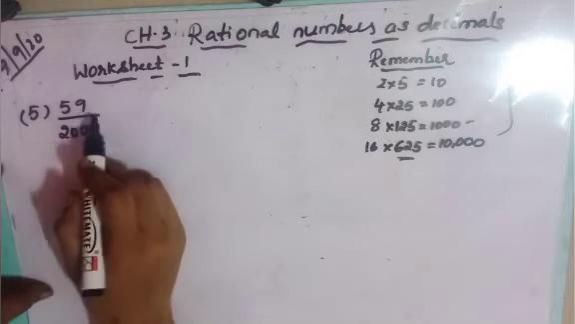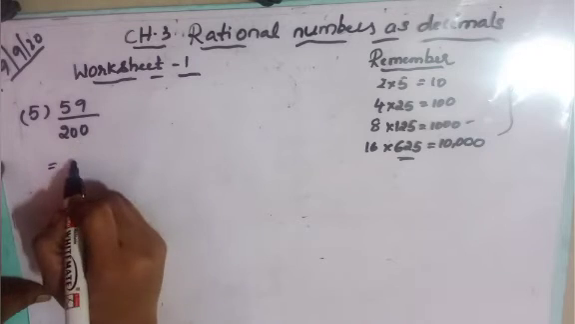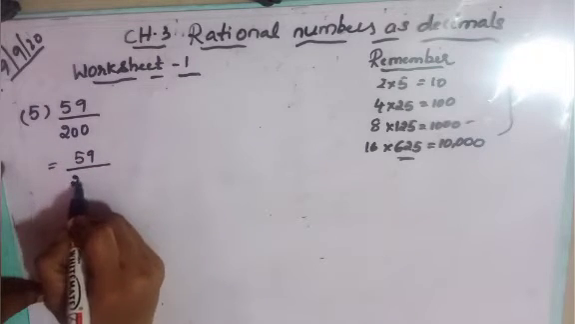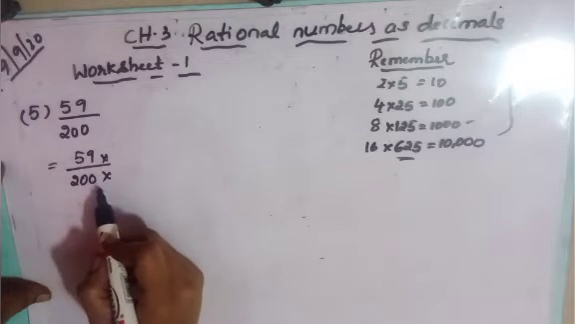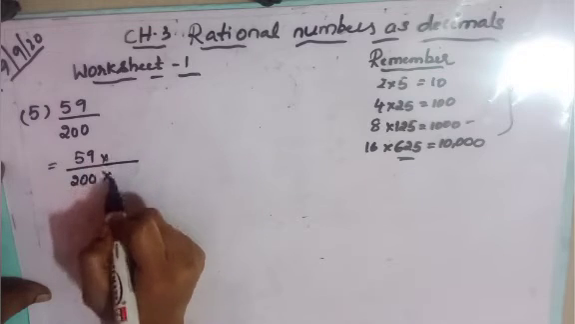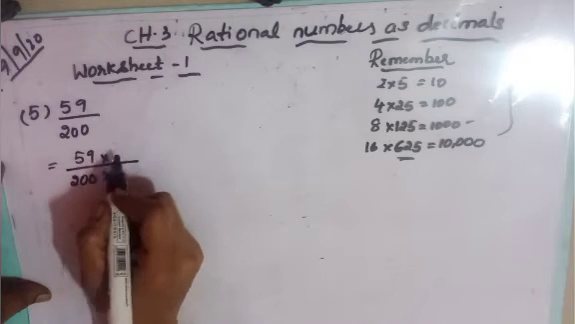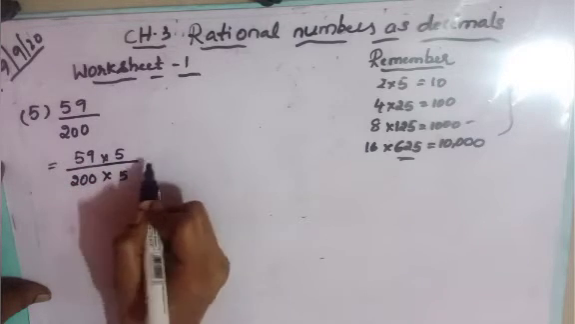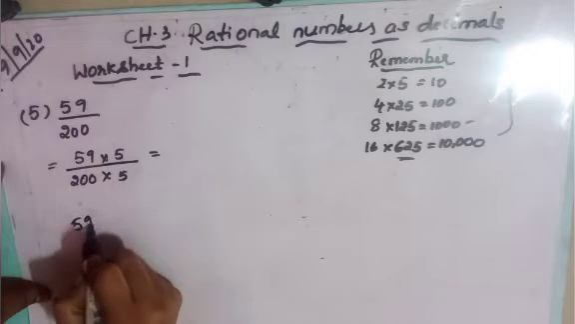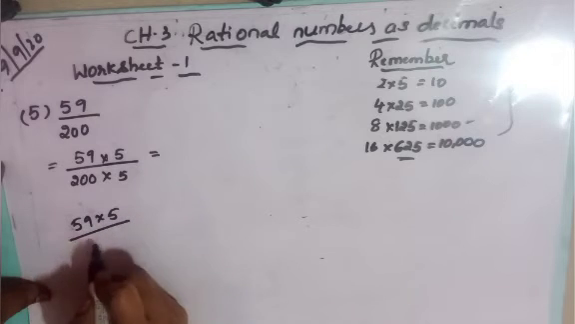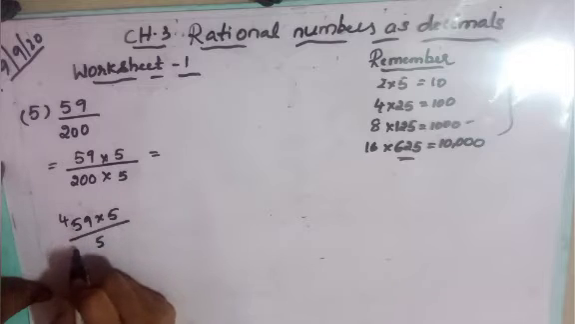Next, the fifth one is 59 by 200. Let us convert this rational number into the decimal form, that is 59 by 200. We have to convert the denominator into a power of 10, so multiply numerator and denominator by 5. We'll get 59 times 5. So 59 times 5, how much? Let us multiply here. 5 9s are 45, 5 5s are 25, 25 plus 4 is 29, that is